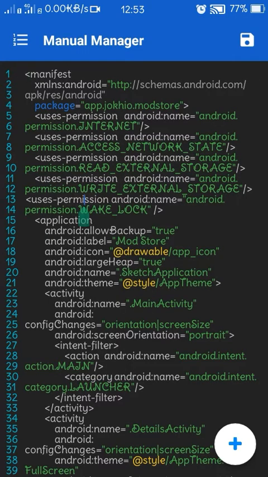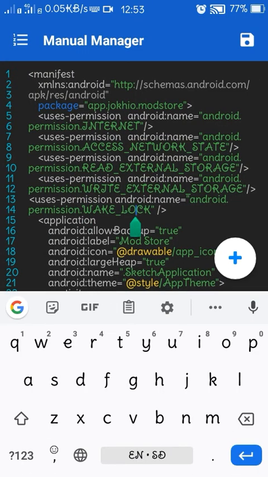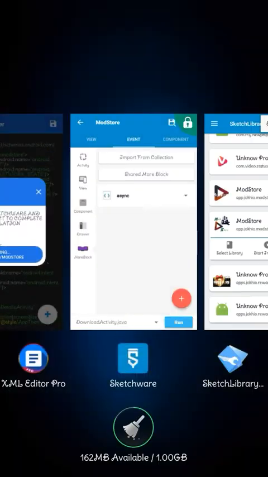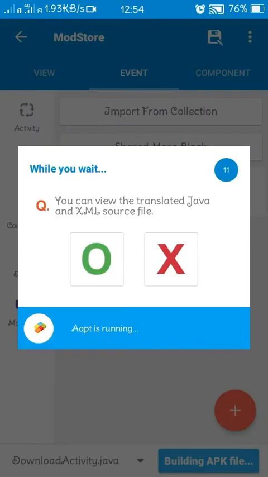Don't forget to add wake-lock permission using XML Editor Pro, otherwise your app will crash.